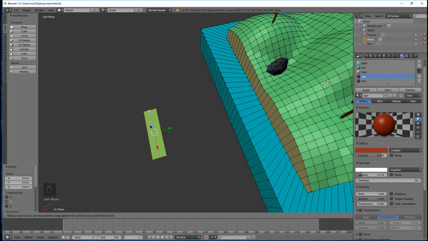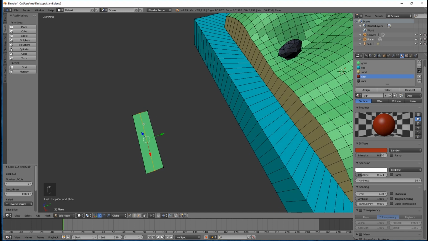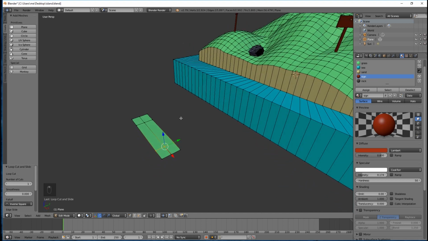Now what I'll want is actually to do a couple. So I'm going to add one ring that goes right the way across. So we're going to click and place that roughly in the middle. And then I'm going to press Control R again and add a ring about there. And then finally Control R again and a ring about there. There we go. So now what I'm going to do is make sure that I'm on Vertex Select, and I'll